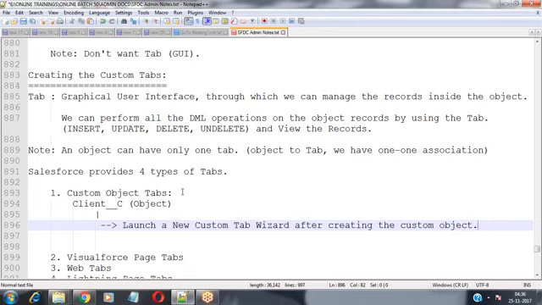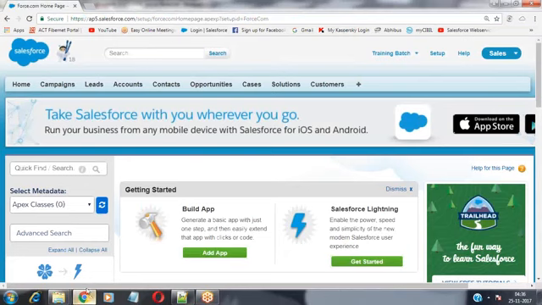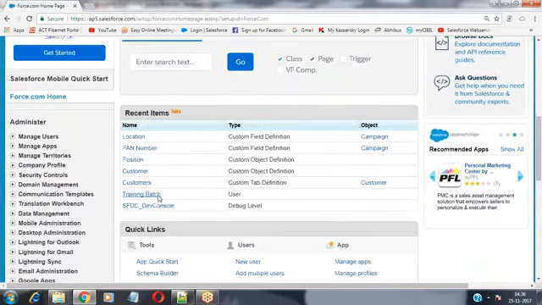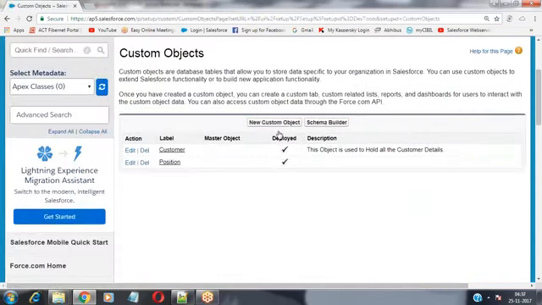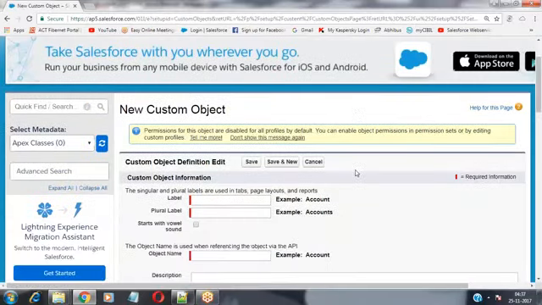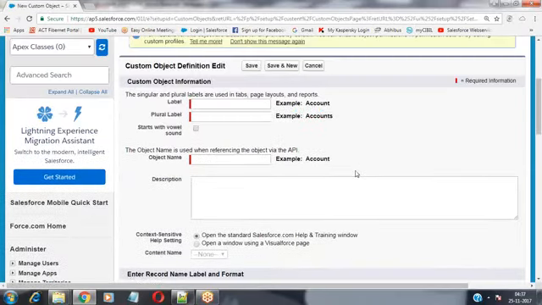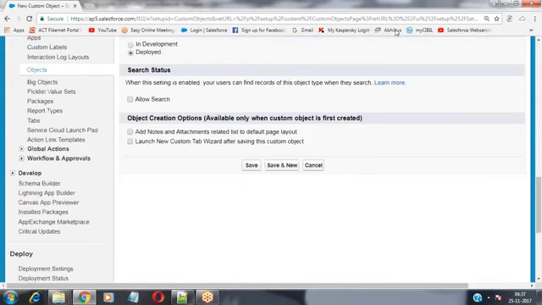Whenever we select this last checkbox, launch a new custom tab wizard after creating the custom object, let me show you that checkbox. See, inside this object creation, this is the last checkbox.